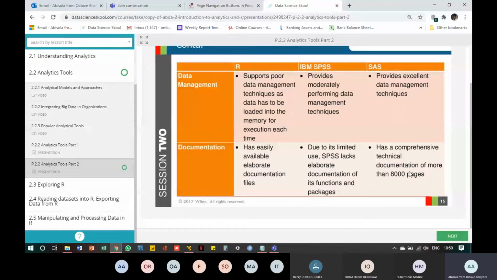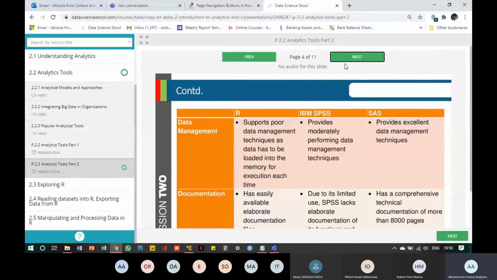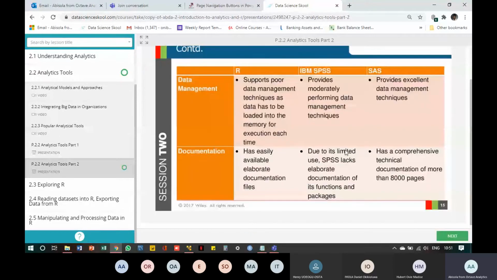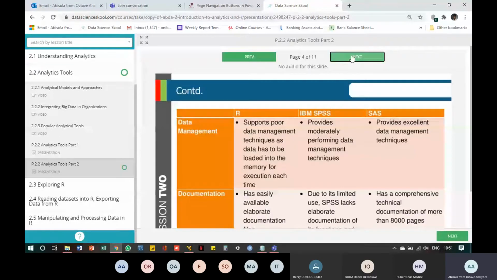While SAS has a comprehensive and technical documentation of over 8,000 pages. So SAS is widely used, and like you can see, it has very comprehensive documentation. If you want to learn SAS, you might have to go through some 8,000 pages. So that is about SAS, R and IBM SPSS for documentation.